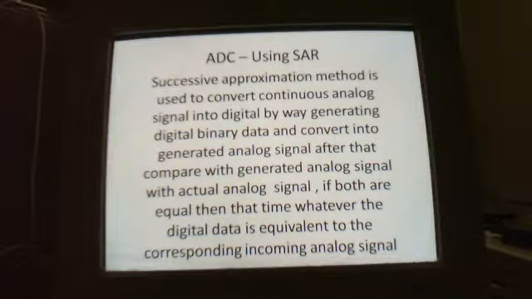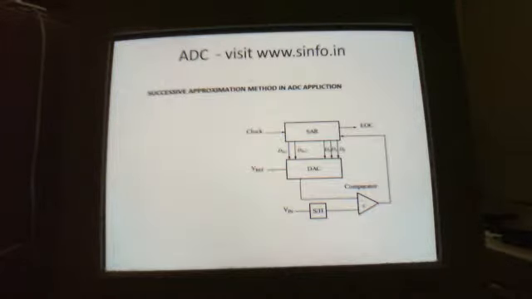Normally, where will we get the analog signal? Normally, we will get the analog signal from sensors and some frequencies, or anything that comes under analog signal, for our embedded system. We need to convert it to digital, and only then can you compare. Microcontrollers and processors work based on digital data, so we need to convert analog to digital. Normally the sensor output is in the form of continuous analog signals. For that we use the successive approximation method.